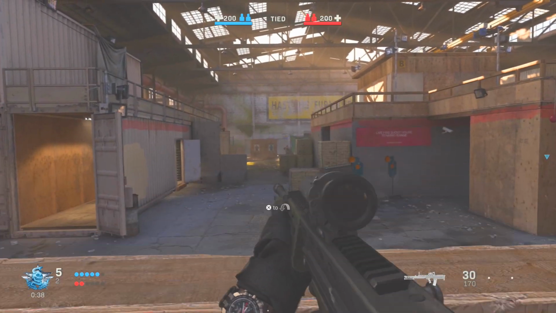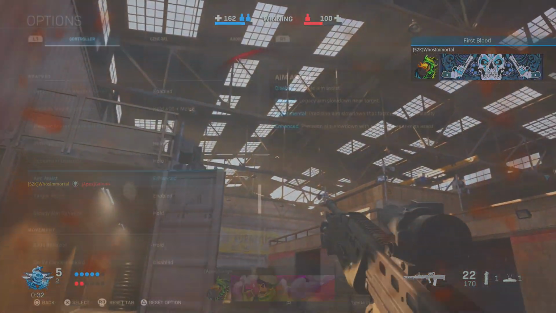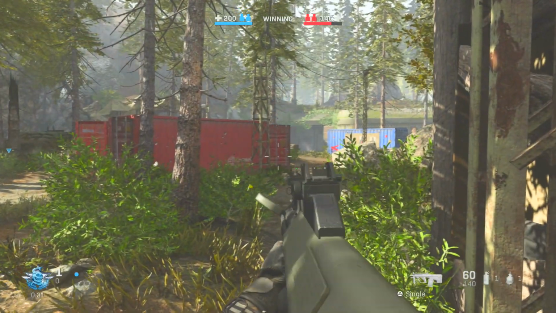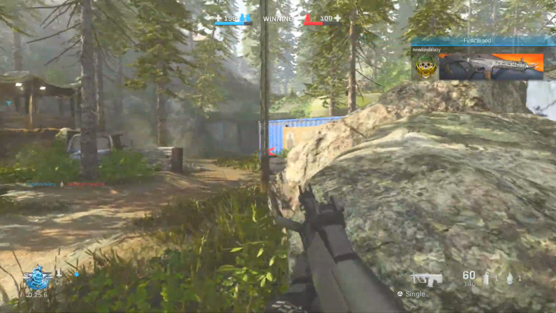Now here's where things get really interesting. We actually have multiple aim assist settings, more than we have ever seen before, and those consist of disabled, standard, experimental, and enhanced. Now in Black Ops 4, aim assist was completely obsolete in multiplayer. It affected absolutely nothing there, but instead was more effective in zombies in single player where you do have AI